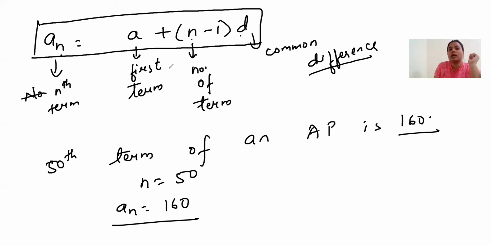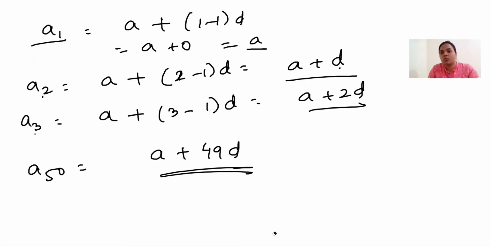That is why we are doing n minus 1, because this is n minus 1 and this is n. So n minus 1 plus n. This is n minus 1 terms and this is 1 term. So n minus 1 plus 1, minus 1 plus 1 cancelled. We are left with n terms. That is why we are doing it like this. Clear? So this is the formula. Now we will go to our exercise 5.2 and we will solve the questions.